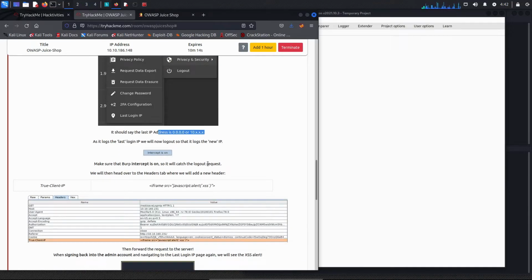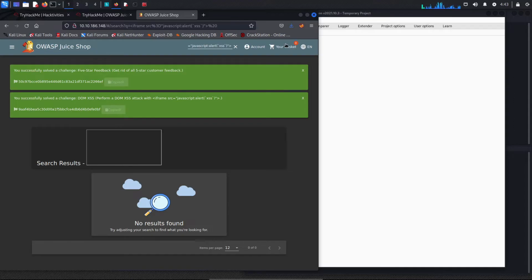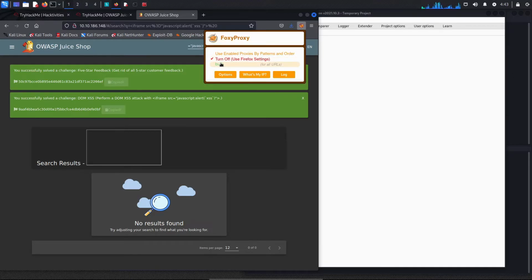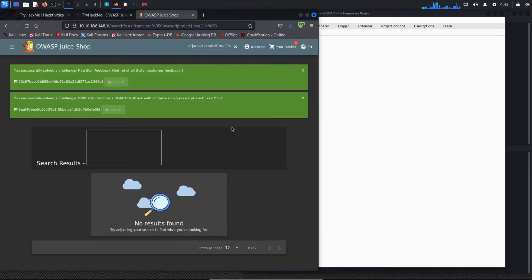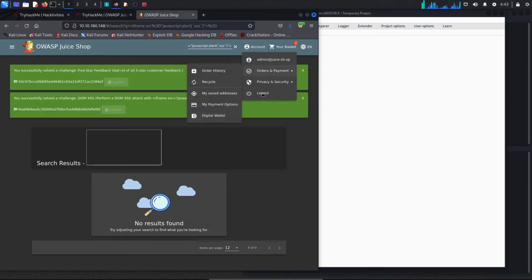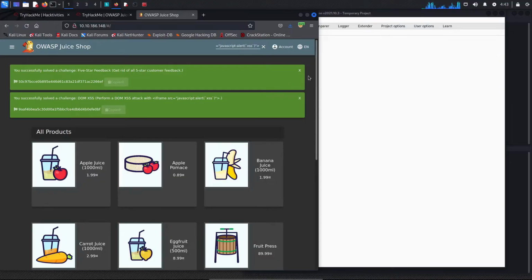We want to capture that and replace it with this header, True-Client-IP, and that's going to be the value for this header. We have to intercept this request while logging out of the application. So right now I'm just going to log out. We're going to enable this to be sent to Burp, and we're going to click log out.